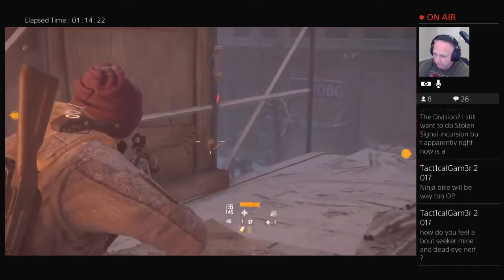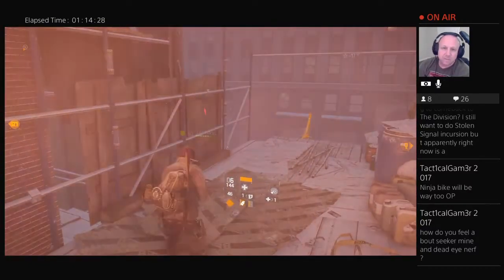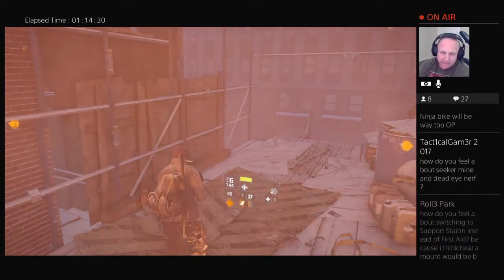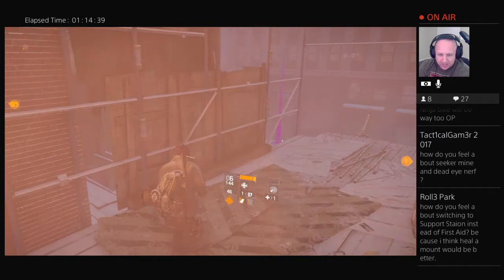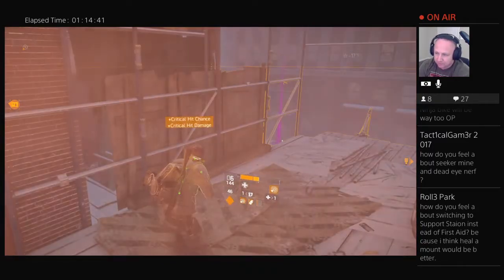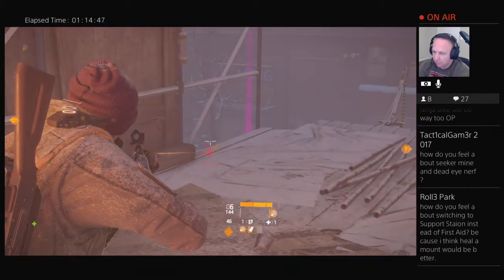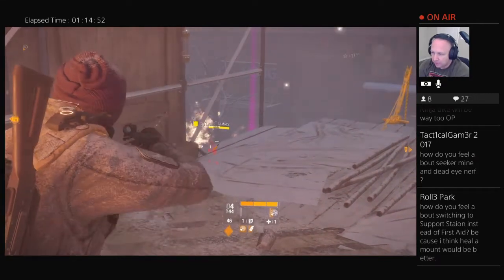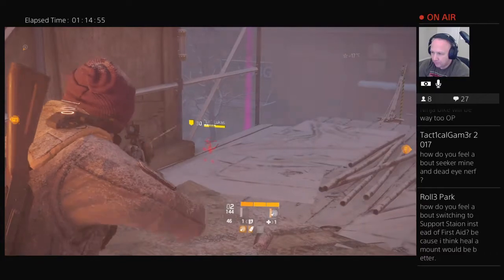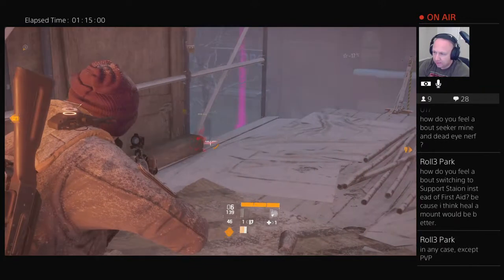Really? So, and it's kind of like medkits. When they changed medkits in 1.5. Are you talking about right now in this game? Like for my survival runs? You know, in this particular battle, I think support station works better. The only problem I have with support station right now is if I were to put a support station down,